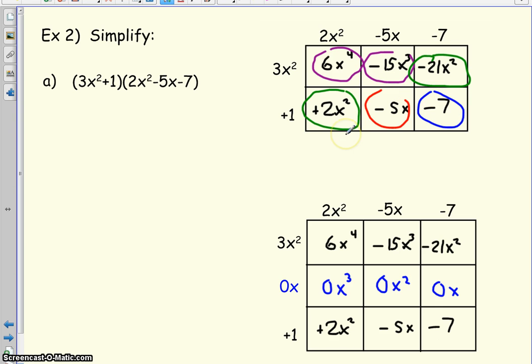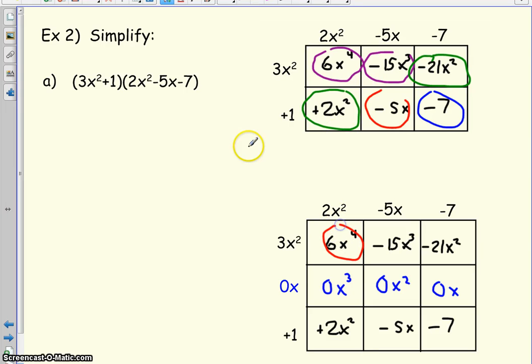Okay, so again, it just becomes a little bit trickier to find your like terms and put them together, but you will get the right answer in the end, just be a little bit more careful. If you use the placeholder here, you'll see what happens. Even though you add extra rows of having 0x cubed, 0x squared, 0x, which doesn't actually change your answer, it seems like extra work, but when you get down to the very end of it,